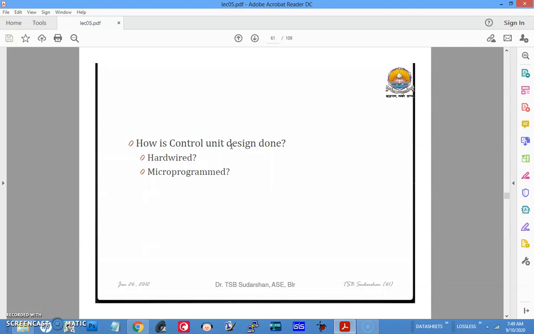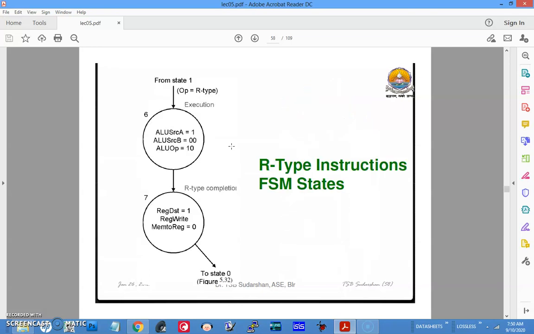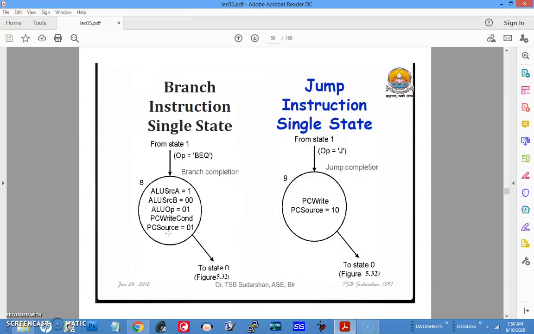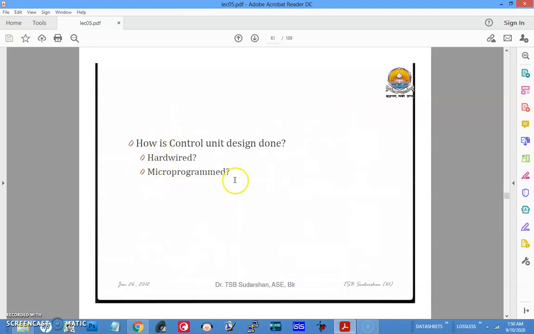Now with this we will stop. So the questions that can be asked from this slide is, they will ask you what is the control signal value in the third clock cycle for an R-type instruction. What is the control value for the fourth cycle in the case of a load word or store word instruction. Such questions you can expect. So with that we will conclude. If you have any doubts you can ask. The implementation of this control unit will be discussed in the next class.